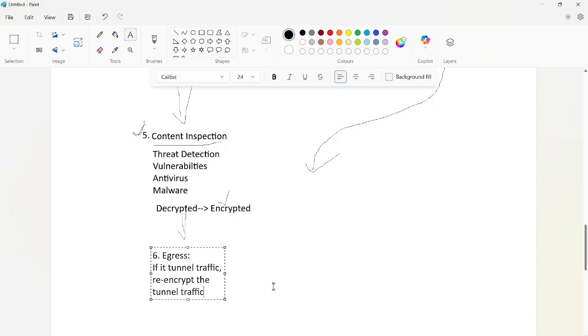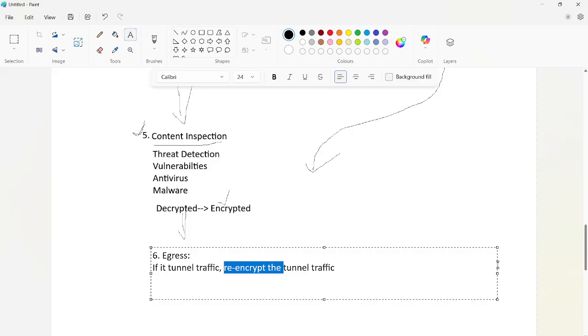And one more policy lookup will happen here, which is the QoS lookup.